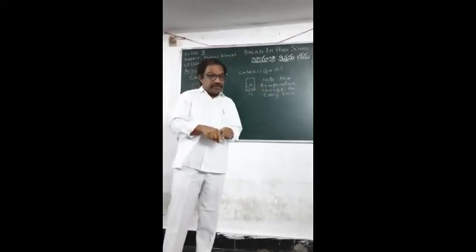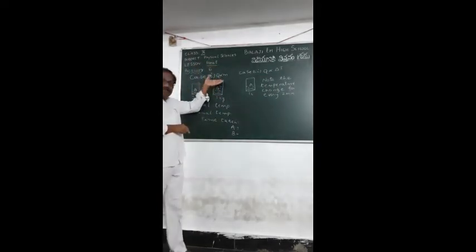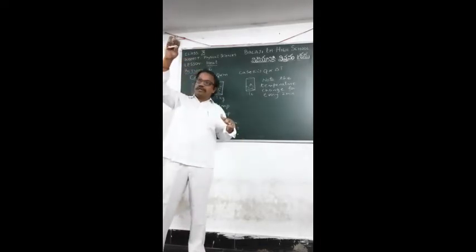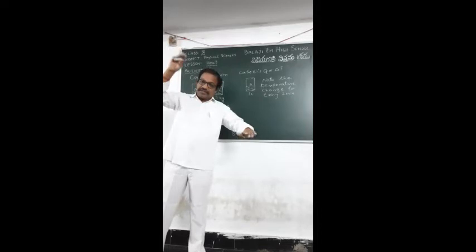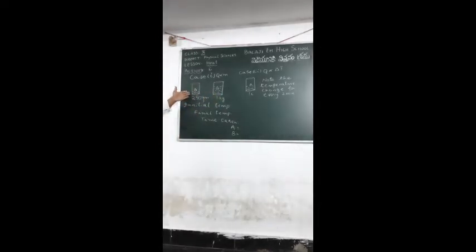Now in this activity, we are going to learn the quantity of heat, how much heat. Heat is transferred from a body at a higher temperature to a body at a lower temperature. So how can you calculate the quantity of heat required to flow? Let us take case 1, where you have two beakers A and B. Let us take A with 250 grams of water and B with 1 kg of water.